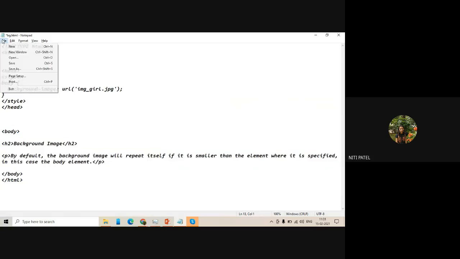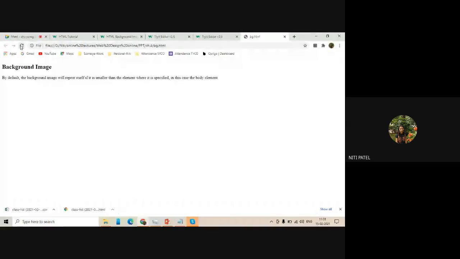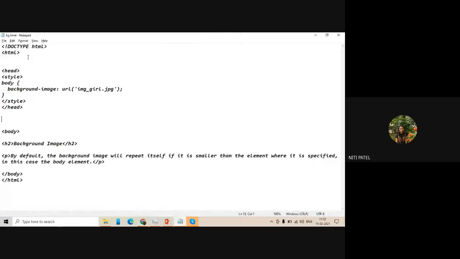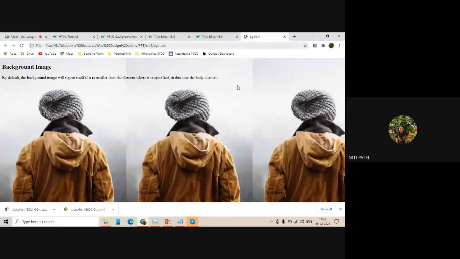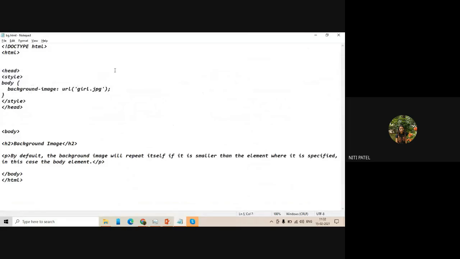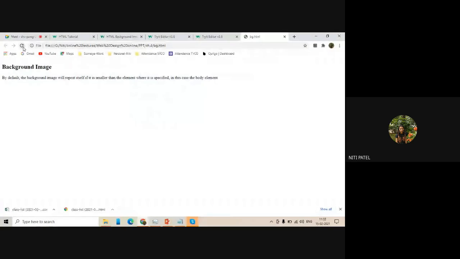Understood? Yes, ma'am. Yes, one minute. I have just copied the same code. Why is it not coming even after copying the same code? Yes, because this one is only mine. Now let me check. Yes, it came. Listen. If I remove this, what is happening? It's saved, okay? See, without head also it is coming. So there was some mistake in the name which I was typing.